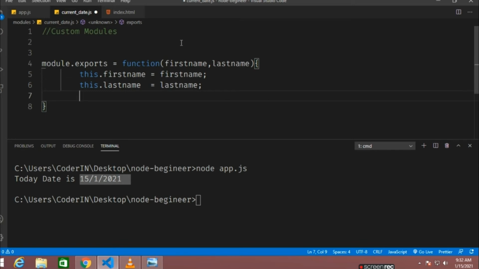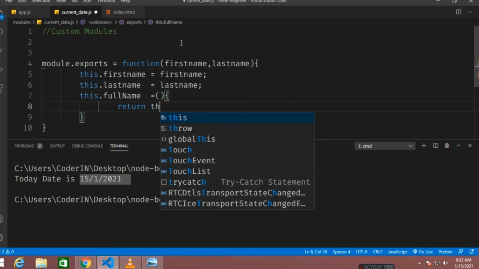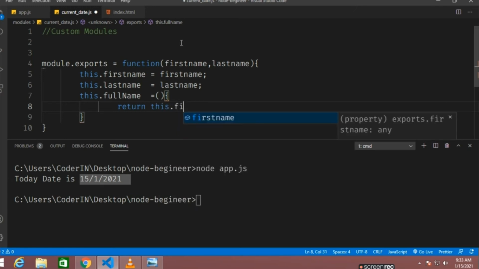Alright, now there will be a nesting function I'm using. So I'll be using this dot full name. There's a function, this dot full name, and it will be taking the parameters. It's an anonymous function actually, taking the parameters first name and last name. But do remember, guys, if you're making your custom modules, you have to use the keyword module.exports.